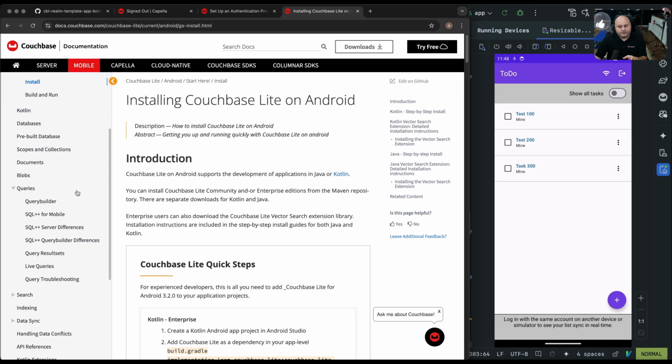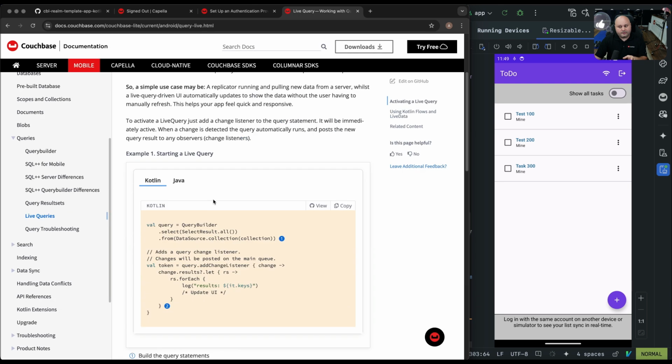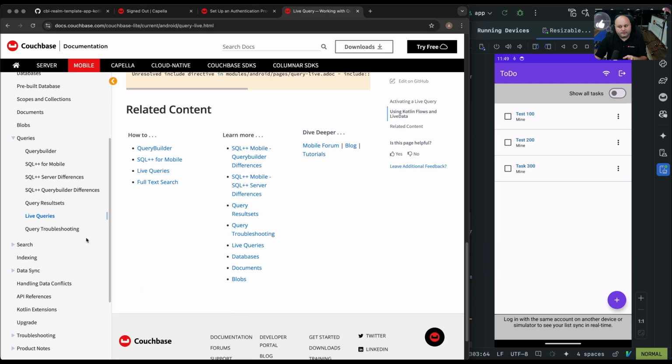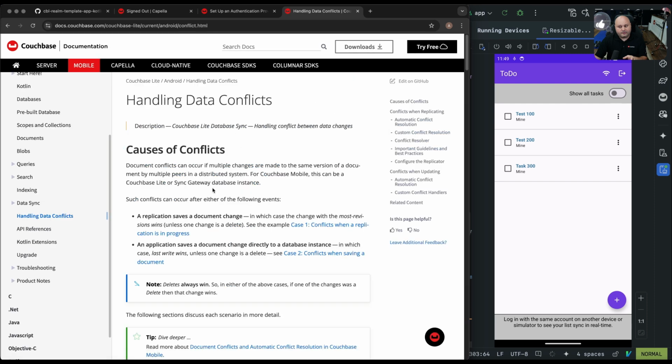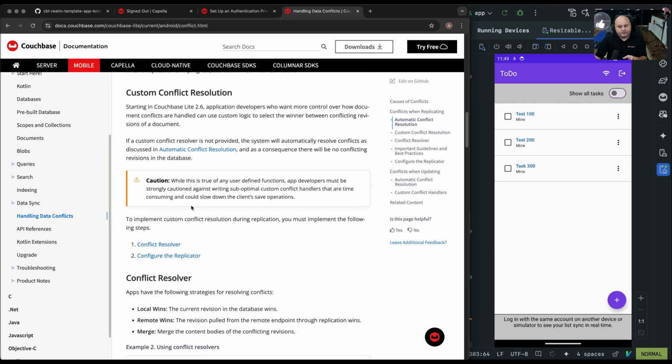If you go into queries, you're going to get into live query over here. And this is going to give you a good set of documentation to explain live queries outside of my very basic explanation. There's a troubleshooting section here that will go through, and troubleshooting queries will give you some help there. How to use logs properly is a really great thing also to understand here, right? Understanding data conflicts when you get into complicated replication configuration, I highly recommend reading this documentation to have an understanding